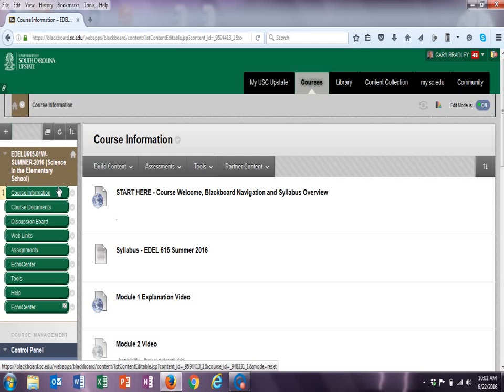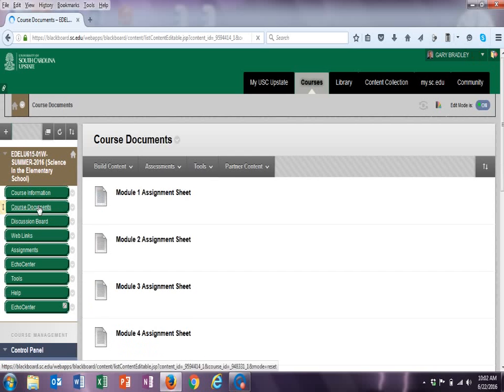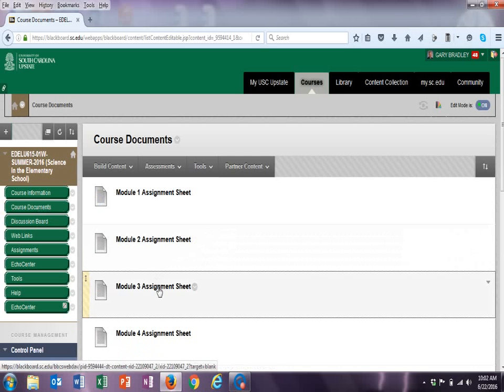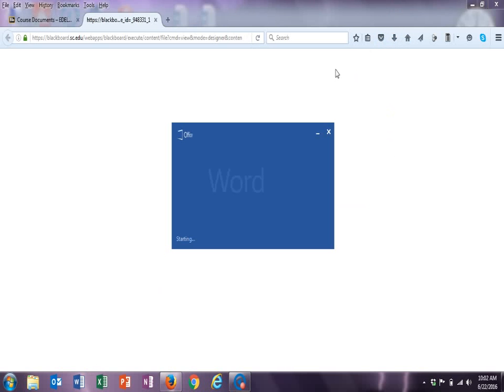I want to go over with you the module number 3, formative and summative assessments. What you'll need to do is start off by clicking on the course documents green tab over on your left and then going over to module 3 assignment sheets. When you get there,